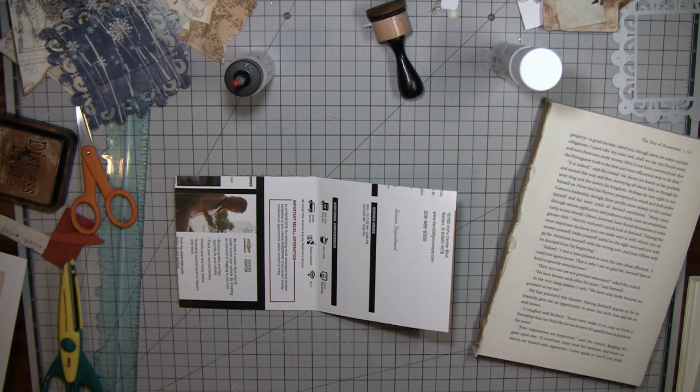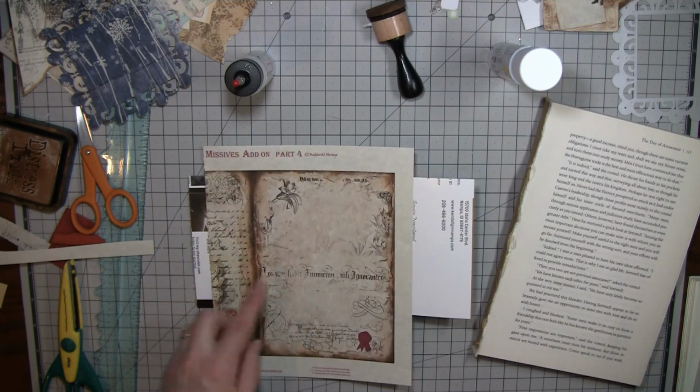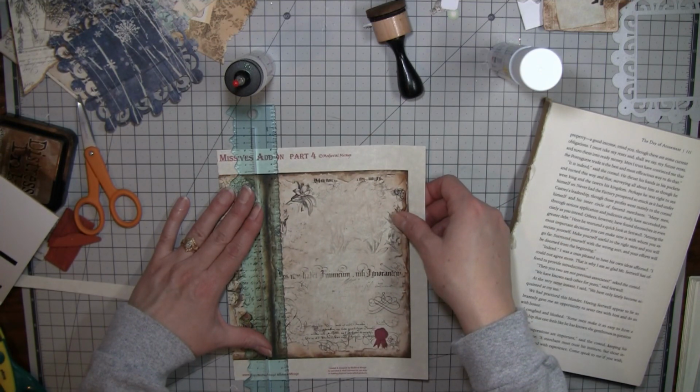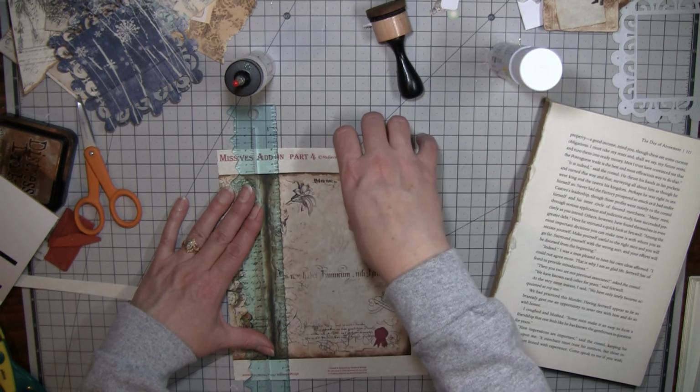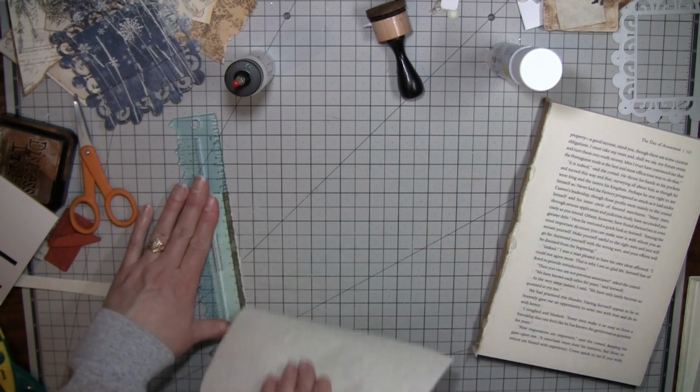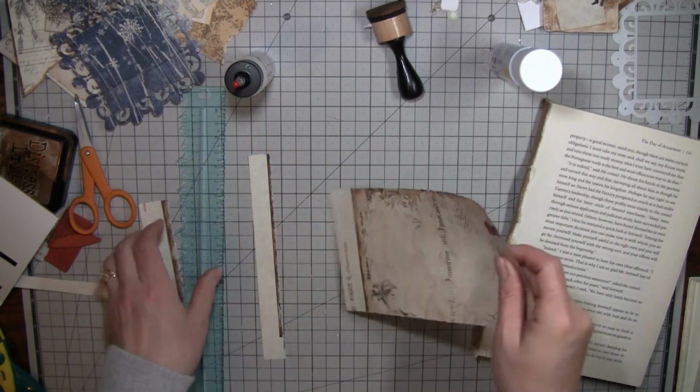Okay, now we'll go to the inside. I think I want more of that Medieval Mirage. See, this is the problem I have with just a whole stack of papers here. So I think I want to use more of this side over here now. I don't know why I think of winter when I look at this. I think it's just the coloration of the flowers and that. I mean, I don't just think of winter, but to me it works. I don't know. Let's see what you guys think. You could be like, you're crazy and I don't understand, but...